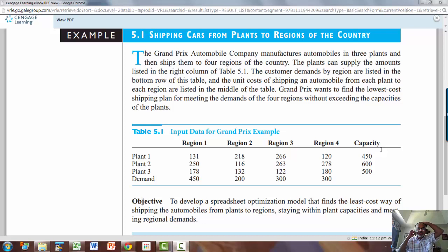The next chapter is chapter 5, network models. A network is a combination of nodes and arrows. So we have a bunch of nodes, and the nodes are represented by circles, and then arrows are arrows connecting those circles. So we have nodes and arrows, and nodes usually represent a place, or a plant, or a capacity,